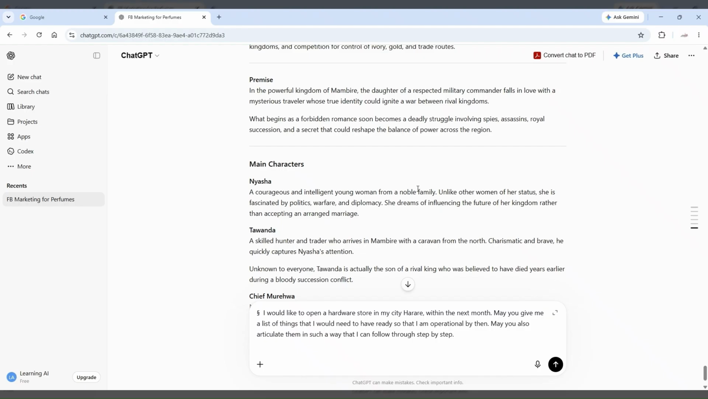Our prompt will read, I would like to open a hardware store in my city, Harare, within the next month. May you give me a list of things that I would need to have ready so that I am operational by then. May you also articulate them in such a way that I can follow through step by step. So I'm going to click on the send prompt icon. And from here,